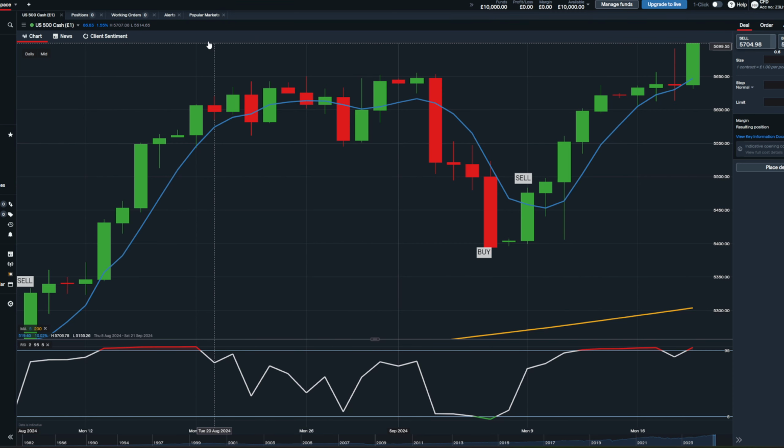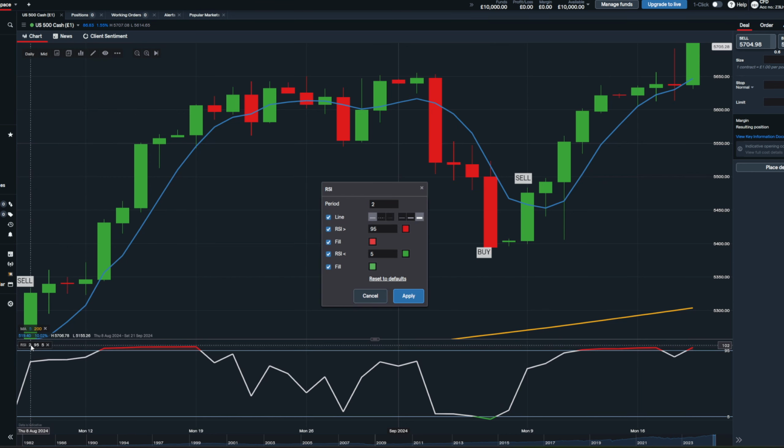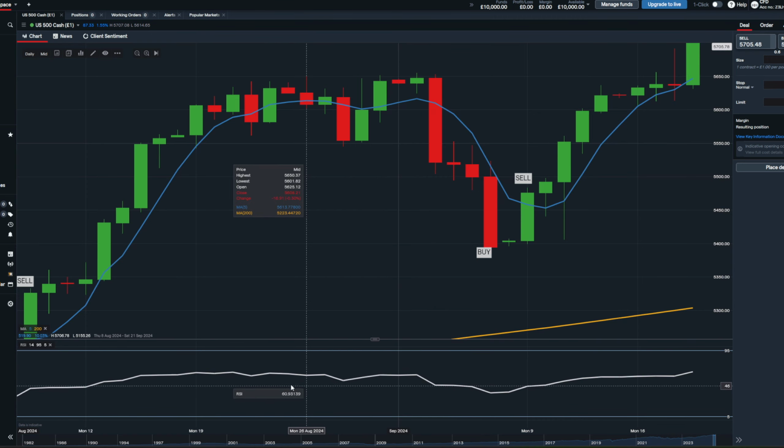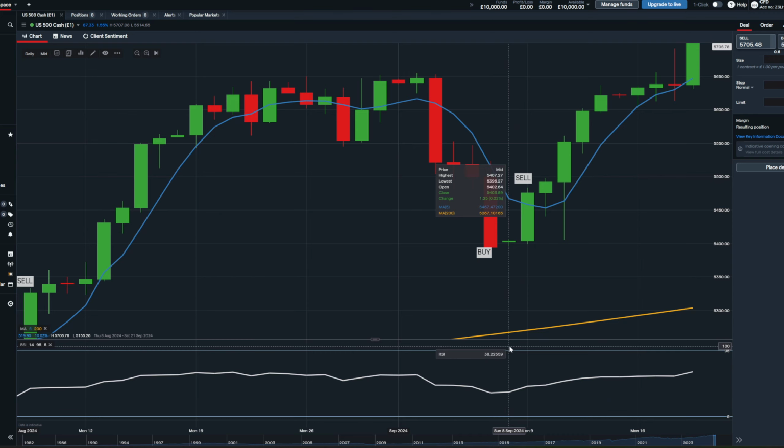I then started thinking a bit more about the RSI periods. So the default tends to be a 14-day RSI. This strategy uses a 2-day RSI. So I'm going to change this back to a 14 period just to see the difference in the RSI down here. And you notice right away, the line is much steadier and it doesn't go anywhere near those extremes of